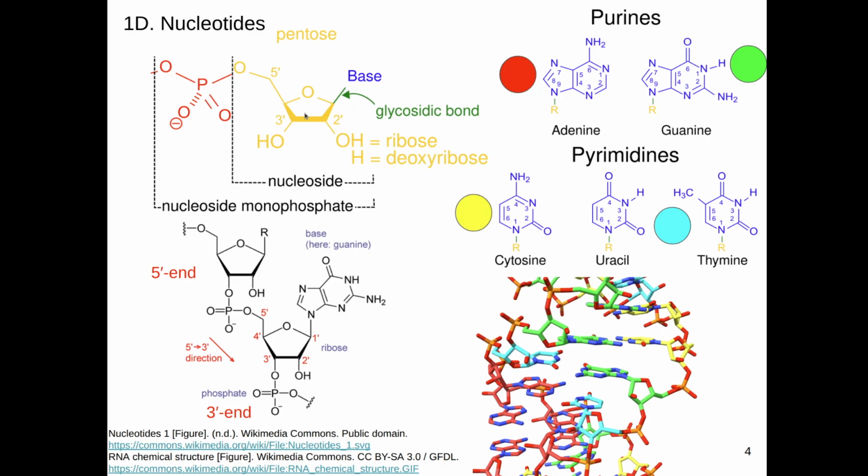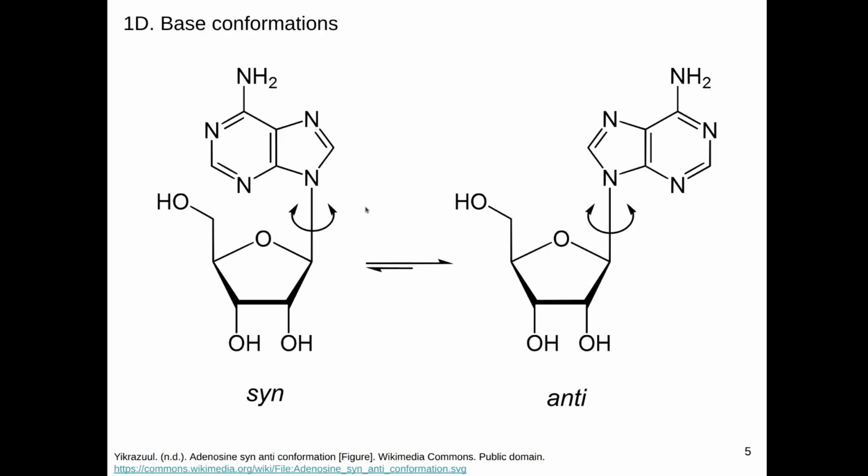If a base is connected to a ribose with no phosphate, then this two-component monomer will be named nucleoside. And if we have a phosphate, a ribose, and a base, that's called a nucleotide or a nucleoside monophosphate. So nucleoside monophosphate is a nucleotide. And so each nucleoside or nucleotide